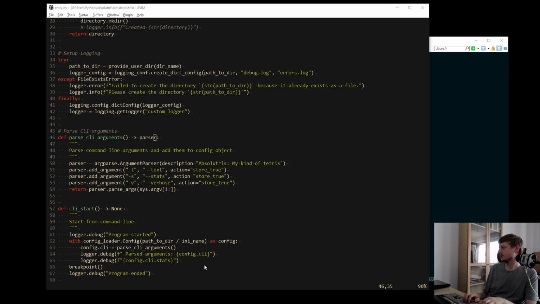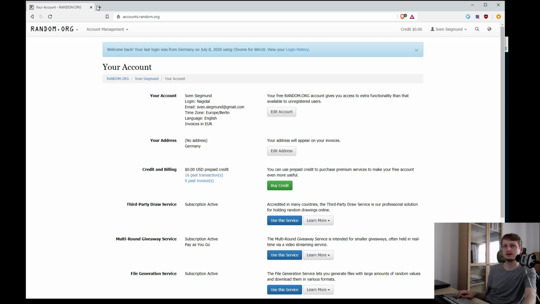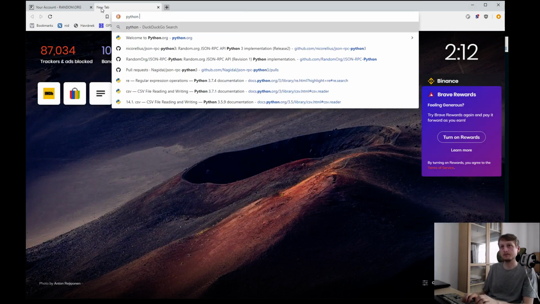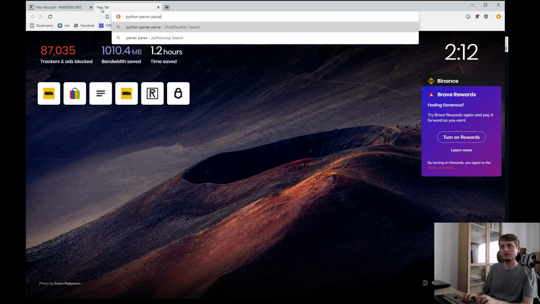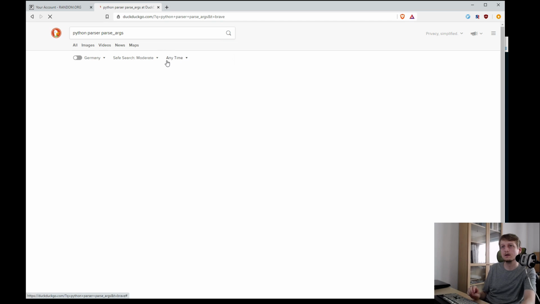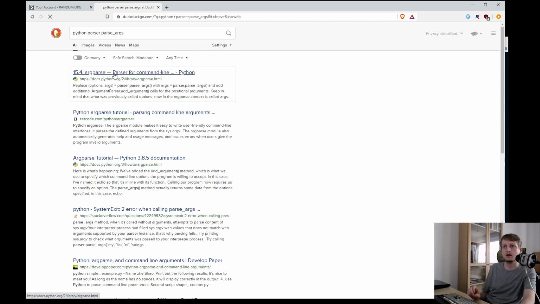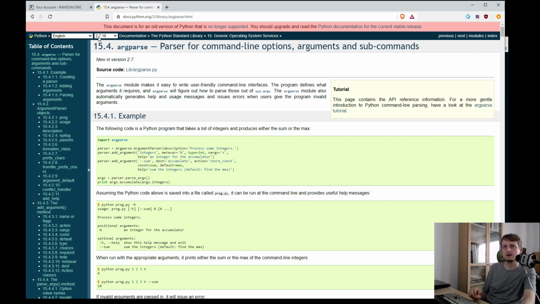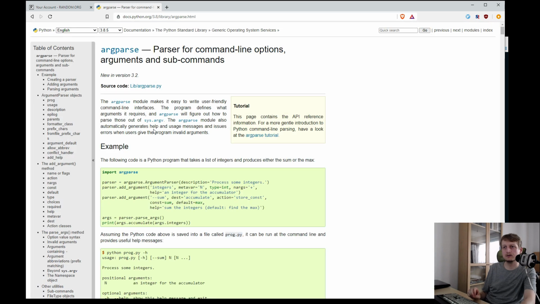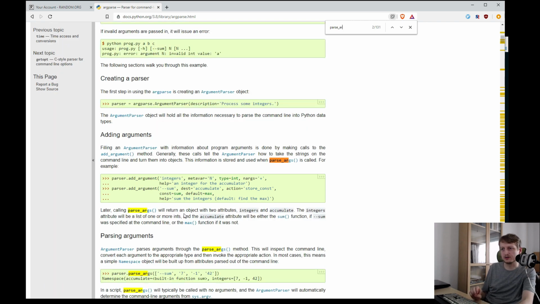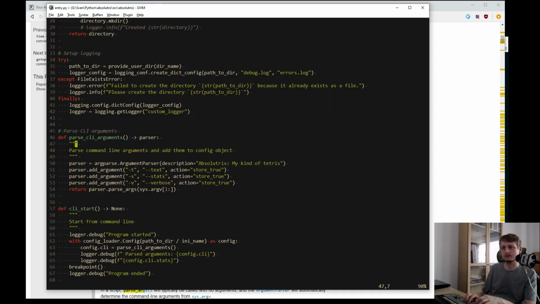I think parse args is a list. Argparse will return an object with two attributes, integers and accumulates. Yeah, but what kind of object is it actually?